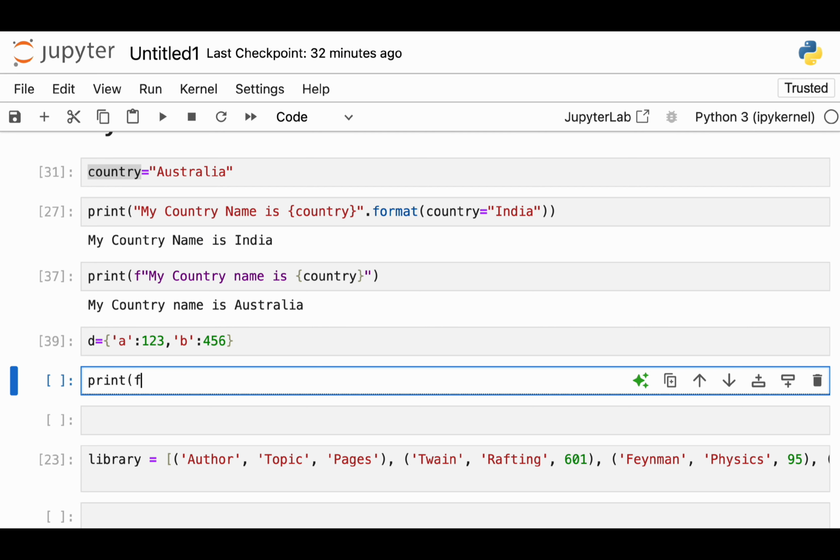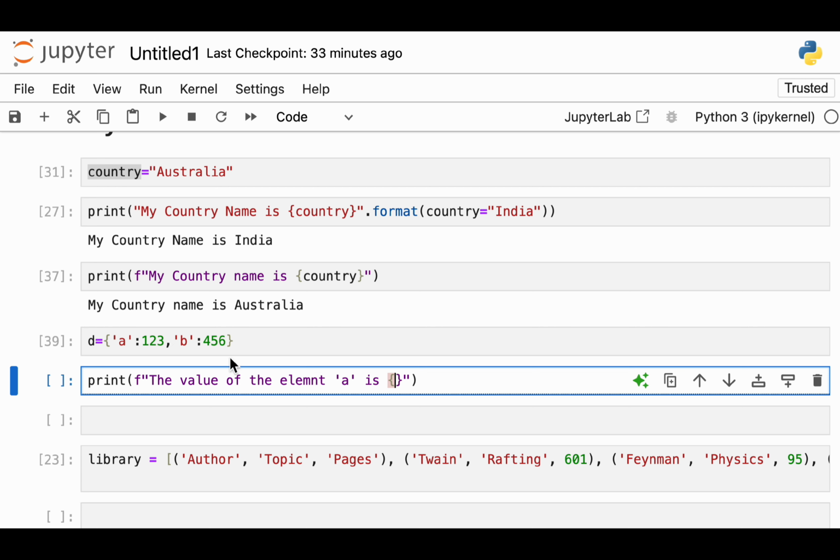F, the value of the element, and after that we pass that element. Then we close the F string. Now we can play around inside. So for example, the element is D, or you can say element A, or you can simply remove it and just say the value of element A is